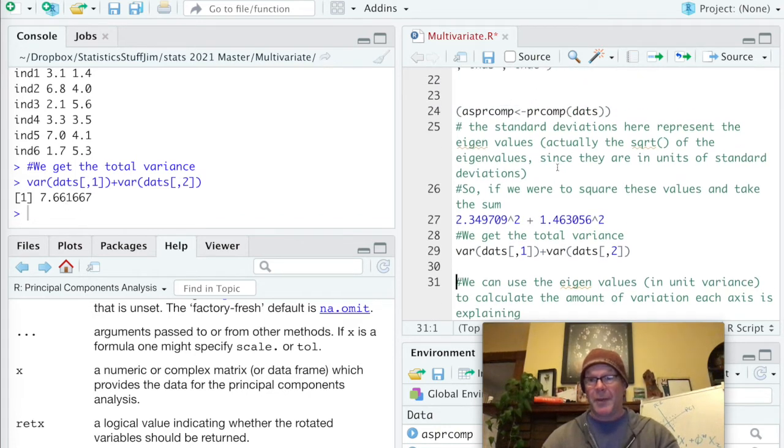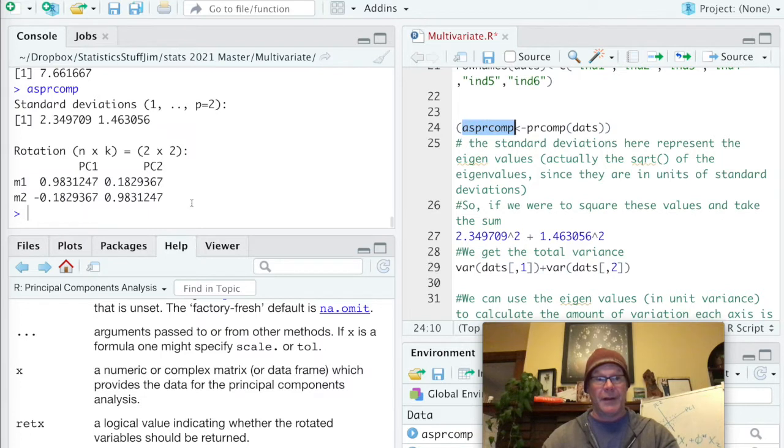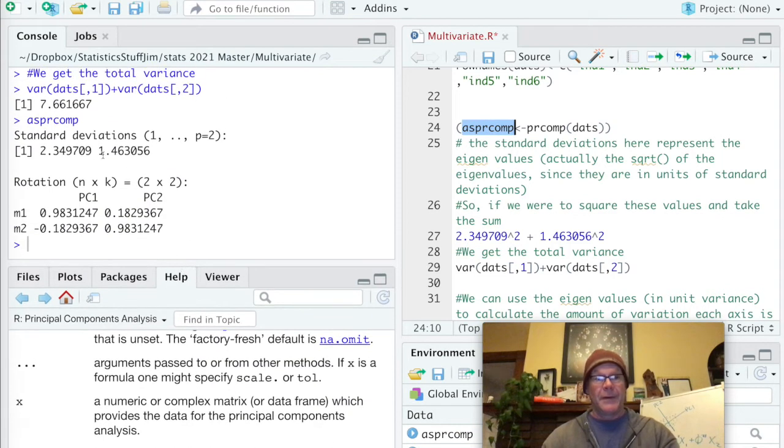So again, if we go back and look at our principal components analysis, if we were to square these two things and add them together, that is going to equal the total variance that is in our data. And so once we understand that these are in unit variance, we can start to think about